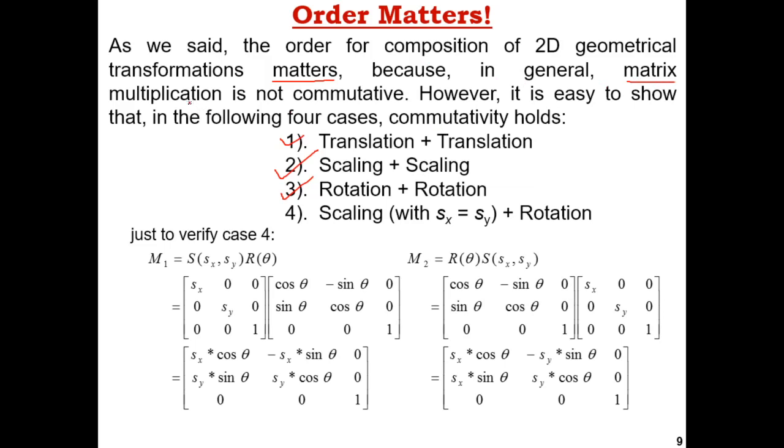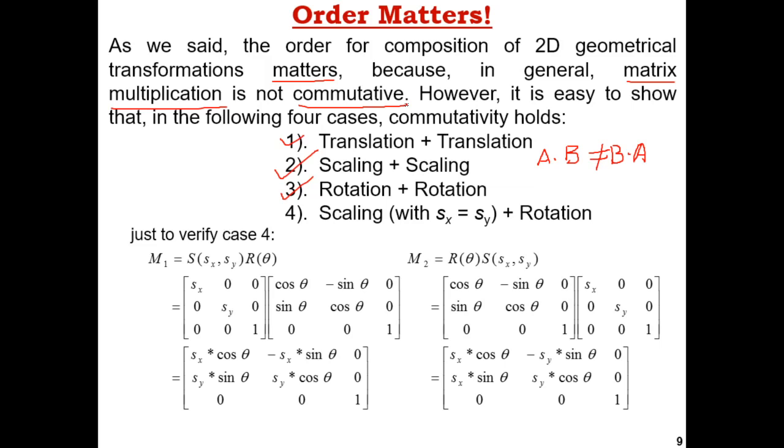In general, matrix multiplication is not commutative, meaning that if you take two matrices, suppose matrix A is multiplied with matrix B, and likewise B is multiplied with A, the order is different. So it is clear that they are never commutative. Two matrix multiplications are not commutative, which means that if the two operations are different, they are never commutative.